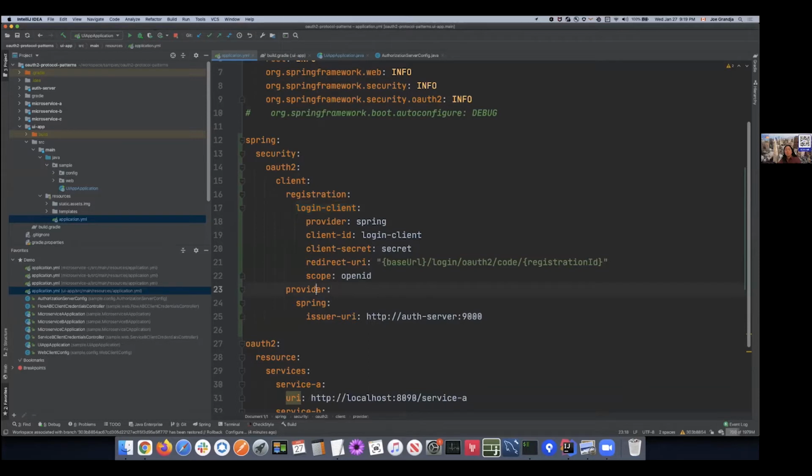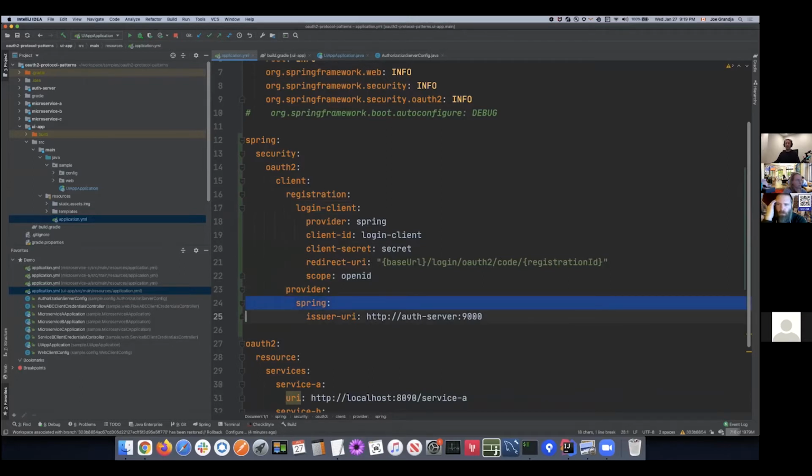Here I have the provider, right? So I can have multiple providers here. Right now, we're just using Spring Authorization Server, but I could have an OAuth client application where maybe I'm accessing some Google APIs as well, right? Then I could add a Google provider ID with its issuer URI, or maybe I want to be more specific and add the different endpoints, the authorization endpoint, token endpoint. The issuer URI here